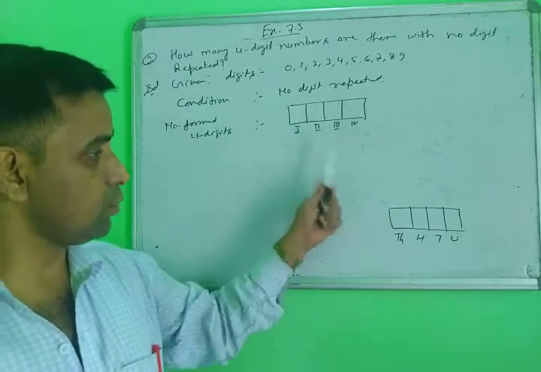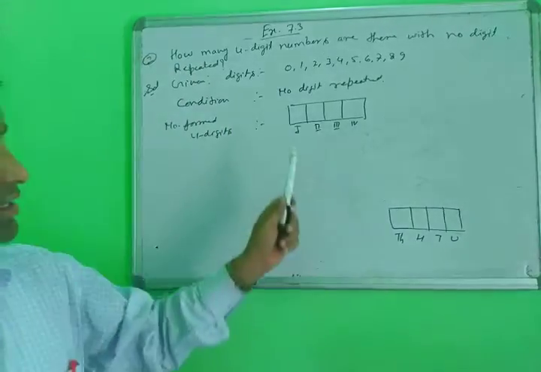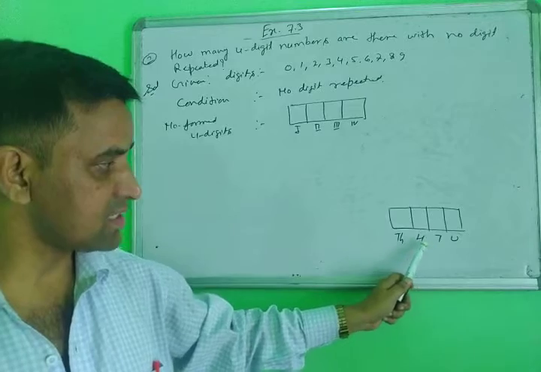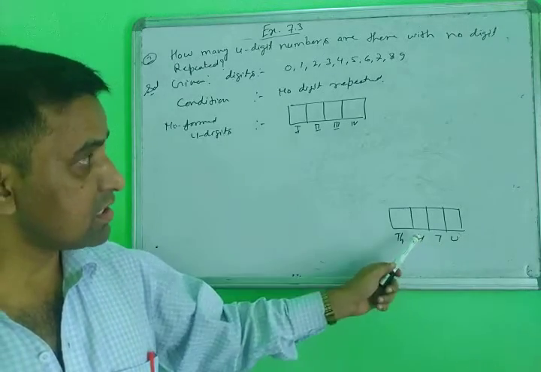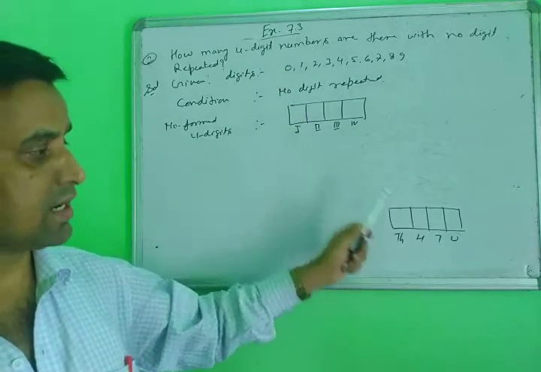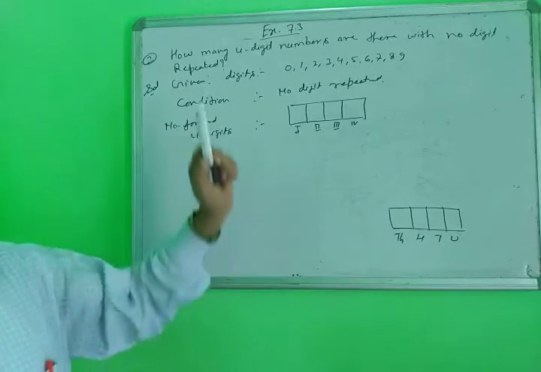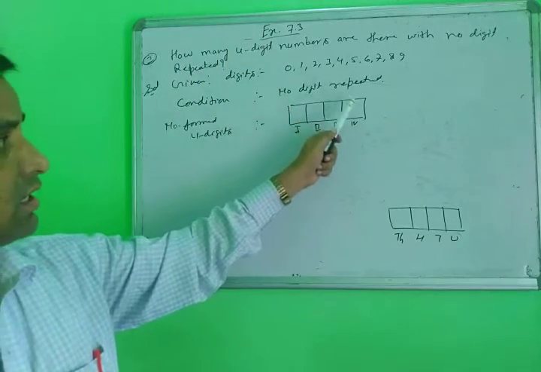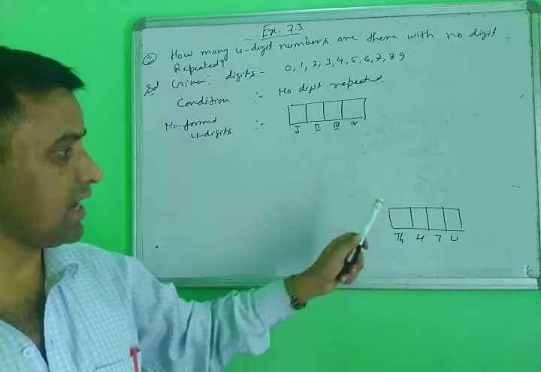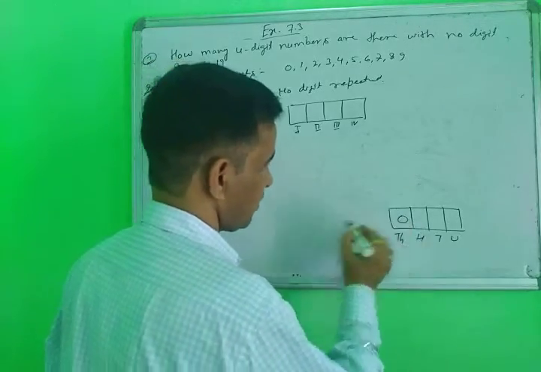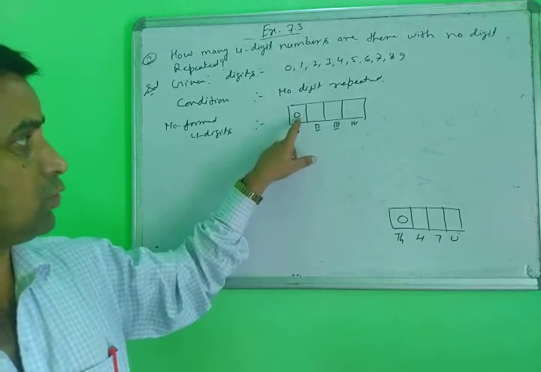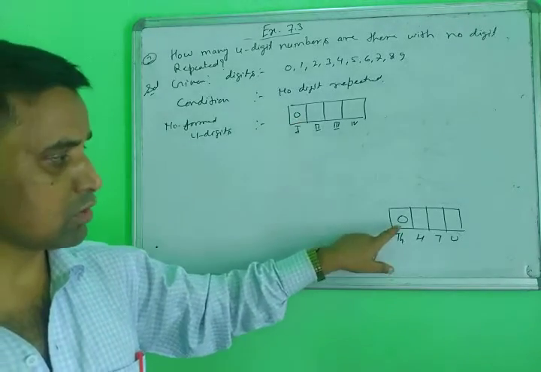What is the difference in both conditions? First we will discuss that. Here I am writing ones, tens, or first, second, third, fourth places. In this condition, suppose 0 is given, then we write it in this structure, not in that one. Why? Because if you write 0 in the last place, the number does not change. But if you write 0 in the first place, the number is converted into a 3-digit number. 0 is not counted in the first place.